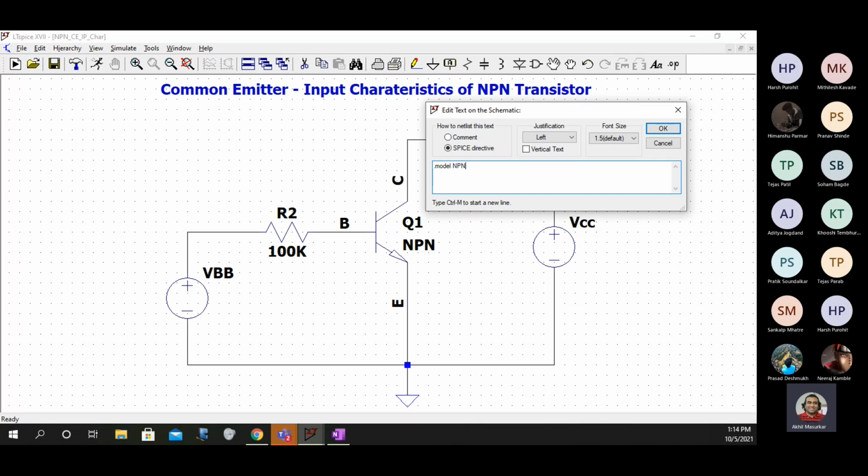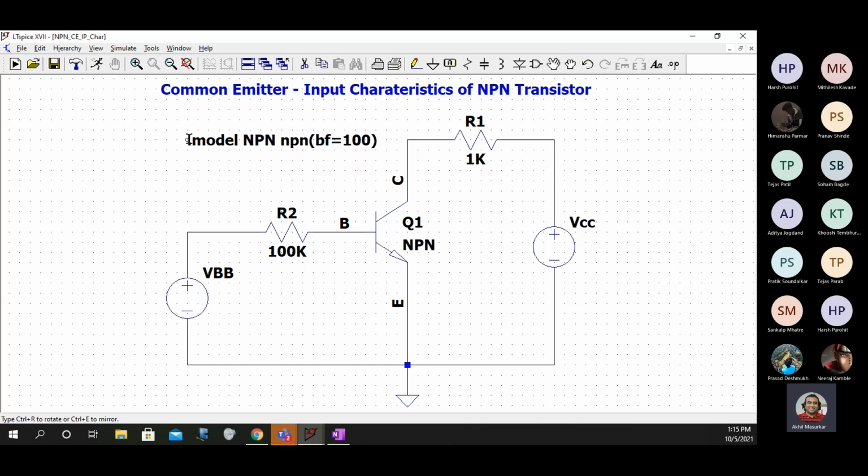So that small NPN is a way of saying that NPN is an NPN with a beta factor equal to 100. And see to it that this spice directive is clicked. So you just write here.